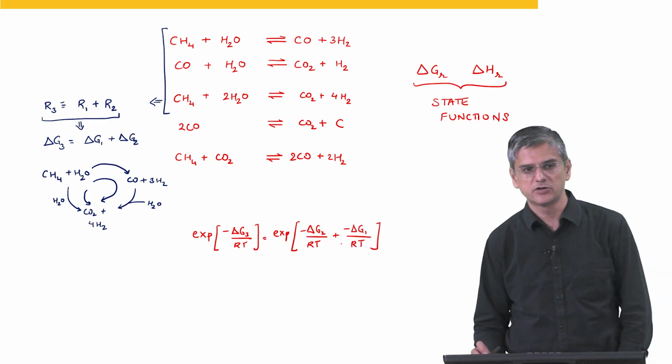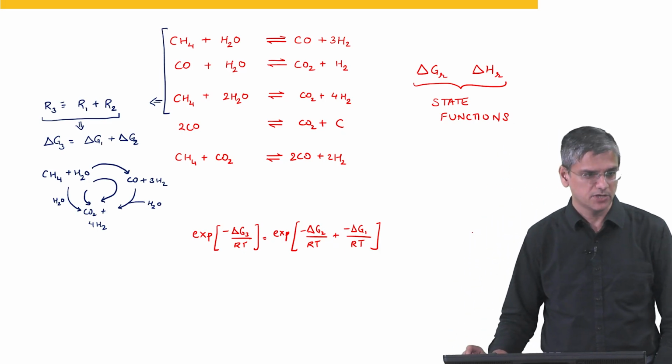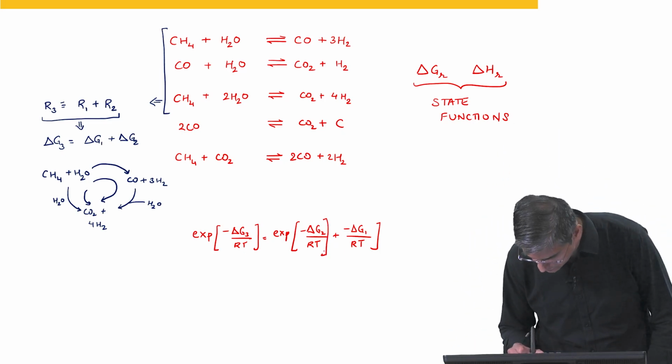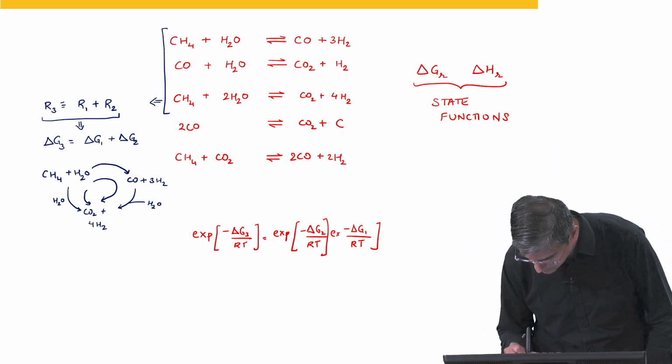E to the power a plus b is e to the power a multiplied by e to the power b. Therefore, you will be able to write this as